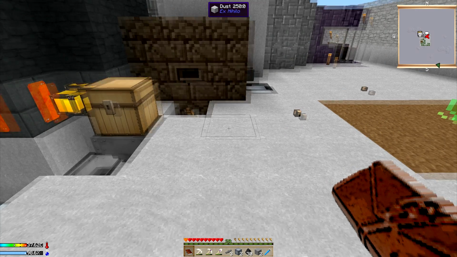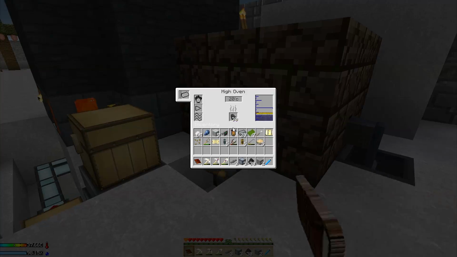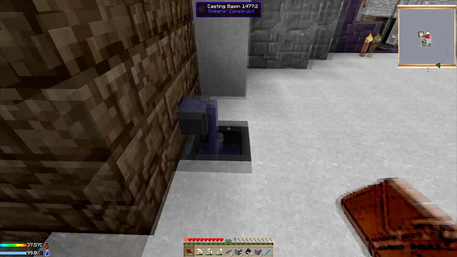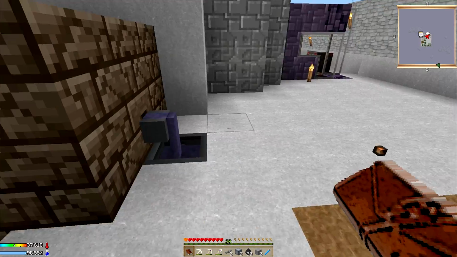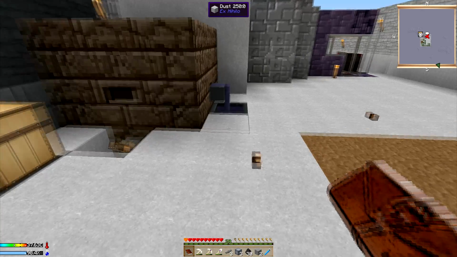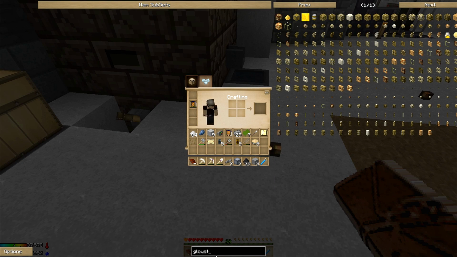One of the issues with the pressure chamber is that you have to break it open every time you put items in and out of it, and basically you lose pressure. So right now where I've moved it, I'm cooking up some compressed iron. But what I need to do is make pressure chamber interfaces. And to make those,